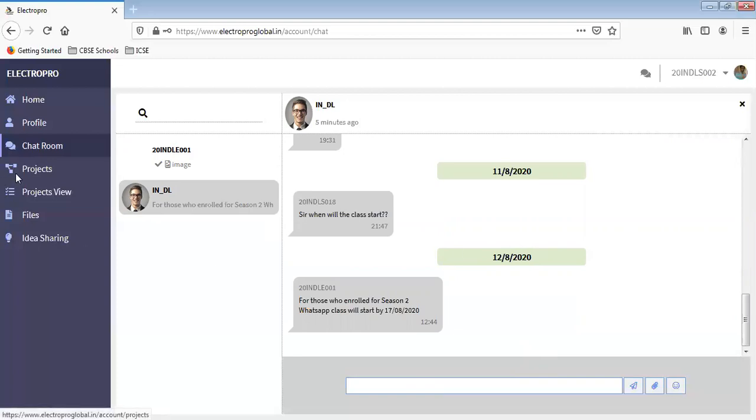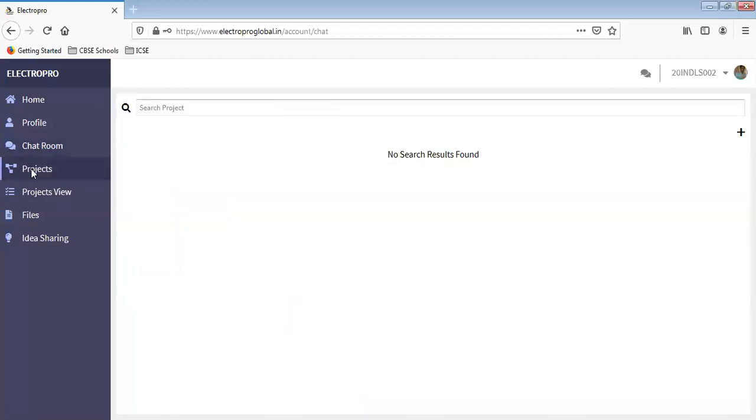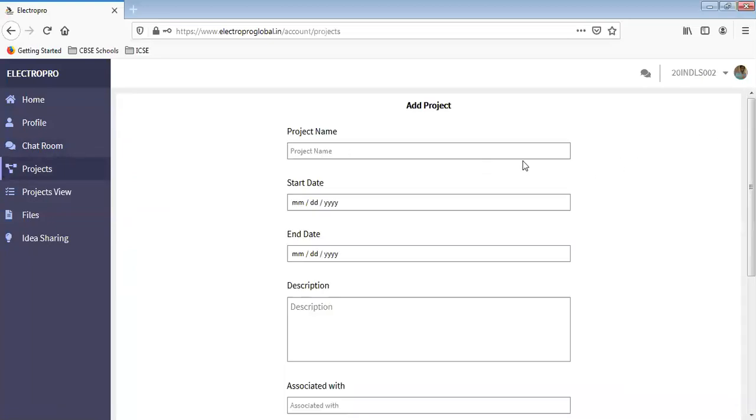When it comes to projects, as you are going to have assignments in every course. Suppose you are registered for a 5-day WhatsApp class or any full-time course, you need to submit your assignments here under the project section. You need to click on plus here and add the project name, like Skill 1 assignment, which I'm going to submit here.